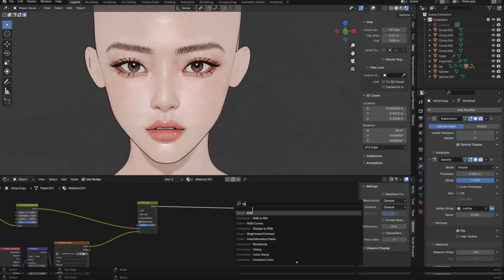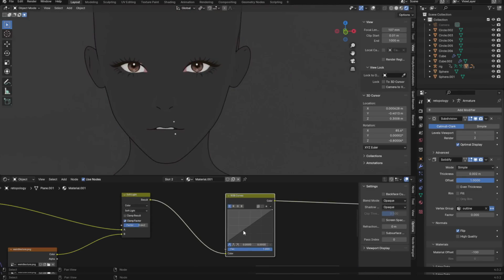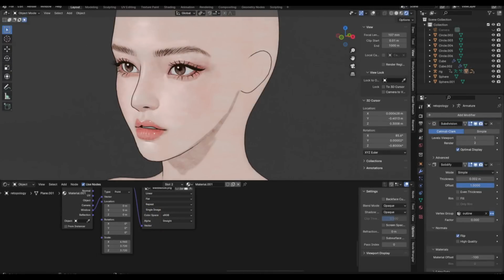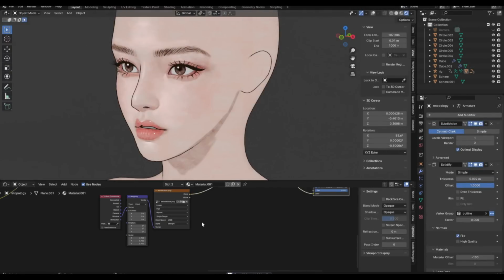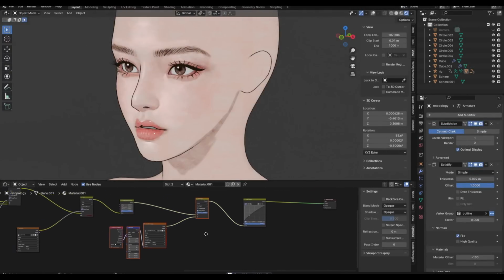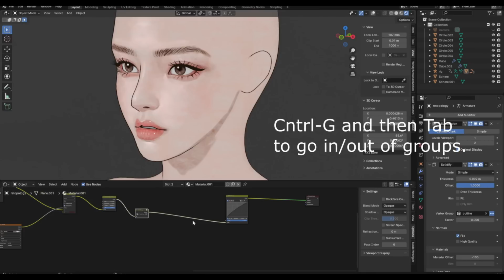You can also use an RGB curves node whenever you want, like I'm doing here, and basically that'll just allow you to make some value adjustments on the fly. I also selected all of the nodes associated with the crayon texture thing and hit Ctrl G to put them in their own group. This is an optional step, so if it confuses you, you don't have to do it,